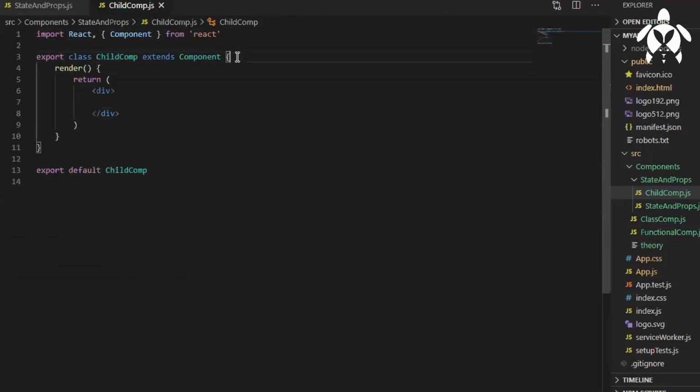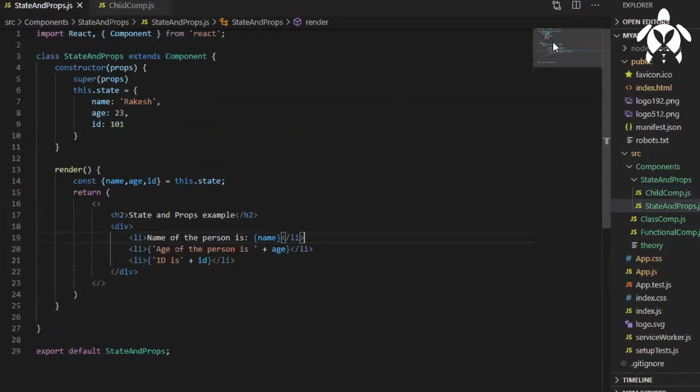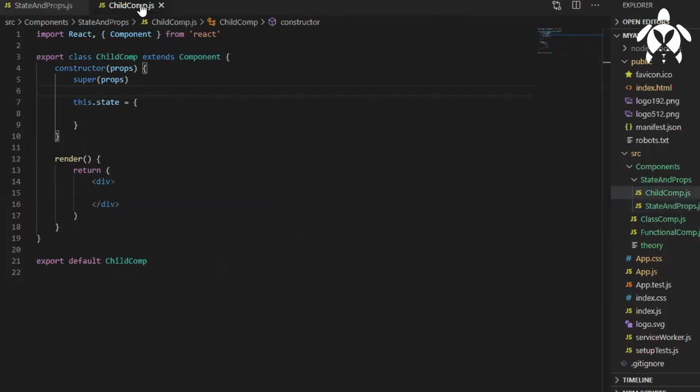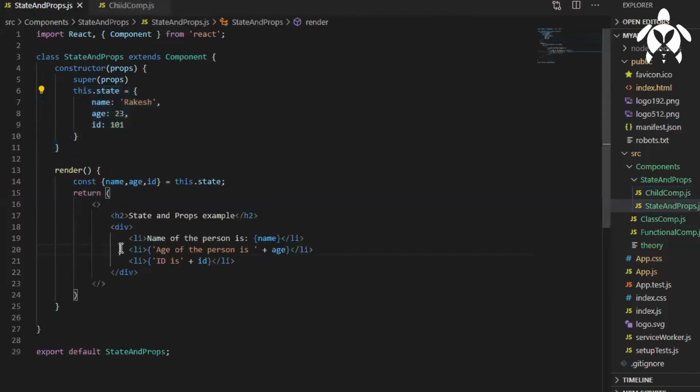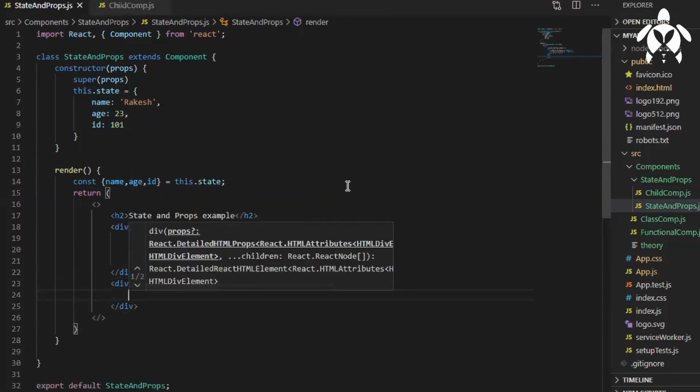So now here I want to use this data, the state data, in my child component. So I want to share the data to this child component. So what should I do? Let's say I have a div over here. Inside that I will have a child component.